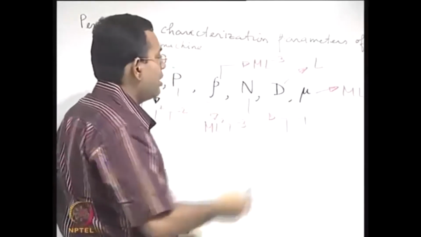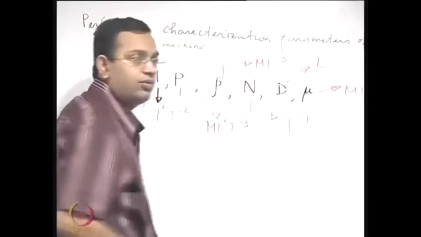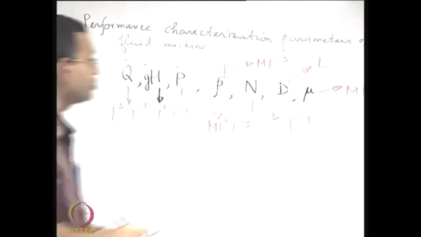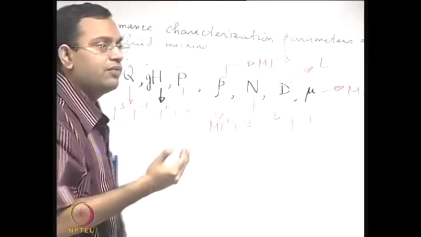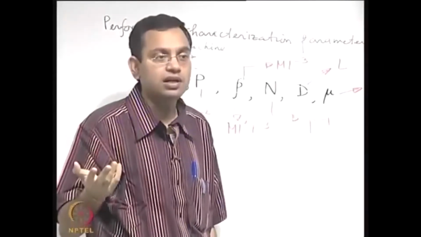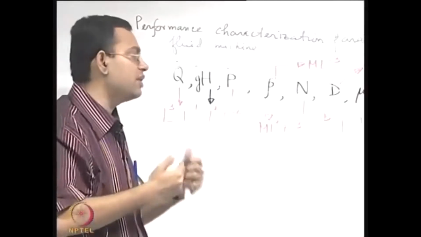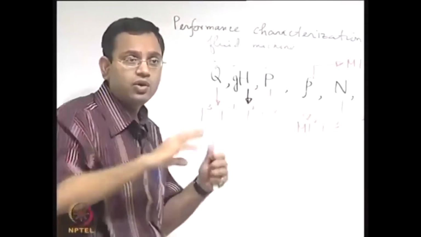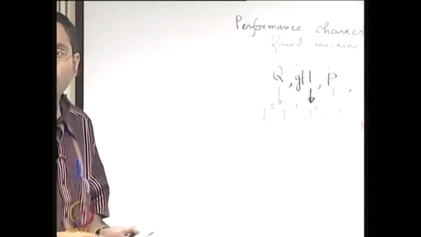But if you just consider, say as one of the examples, let us say rho n d we choose as repeating variables. It does not mean that we can't choose rho n mu like that, but this is just an example. It will not matter eventually, because depending on the choice of the repeating variables you will get different dimensionless terms, but combinations of dimensionless terms also are dimensionless terms. Therefore whatever dimensionless terms are of your physical interest, usually the dimensionless terms of physical interest are which give the ratios of certain important forces like that, and those you may retrieve from the combinations of the different non-dimensional numbers, even if you do not get them directly.